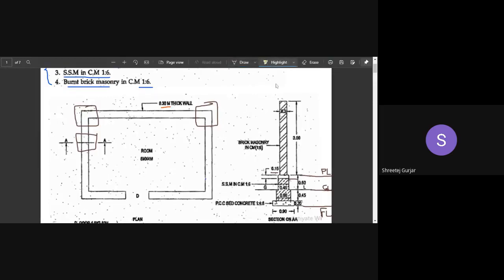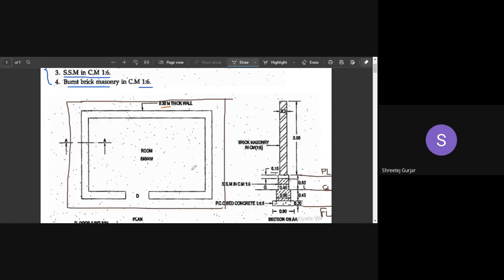Let me try and draw how it is running throughout. It is not just like a column, not just the excavation of a foundation, but it runs continuously throughout. It is a trench that you have to dig, running continuously like this under your wall. So this is a wall, and this is your PCC bed and your foundation, all of it running continuously. This section that you see is continuous everywhere, not just over here like a box.